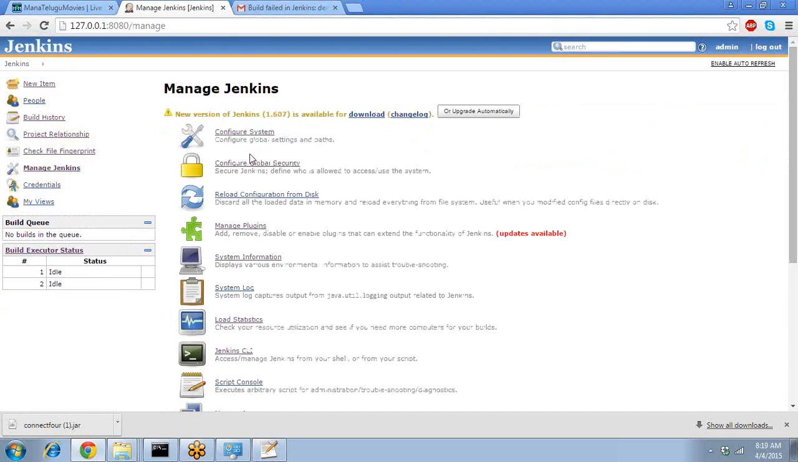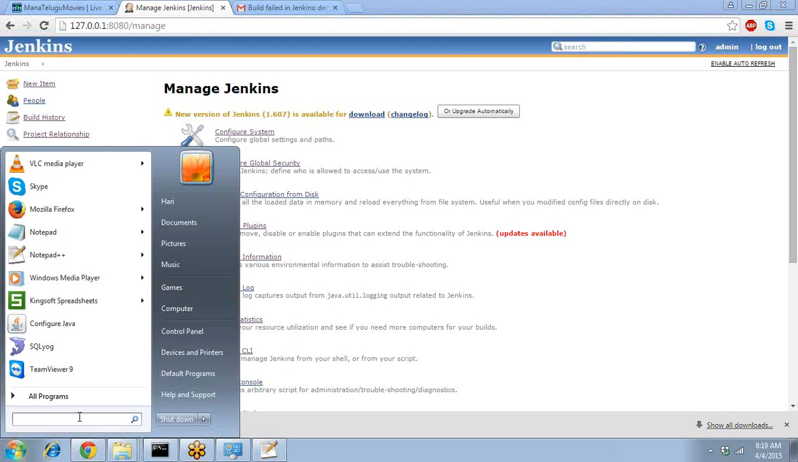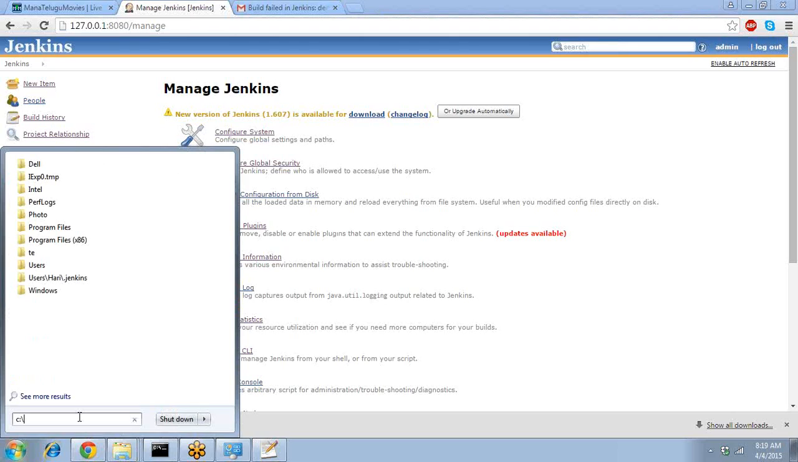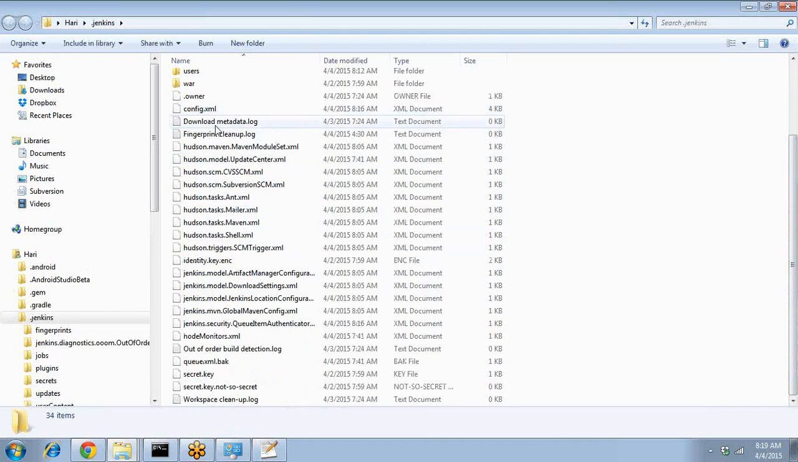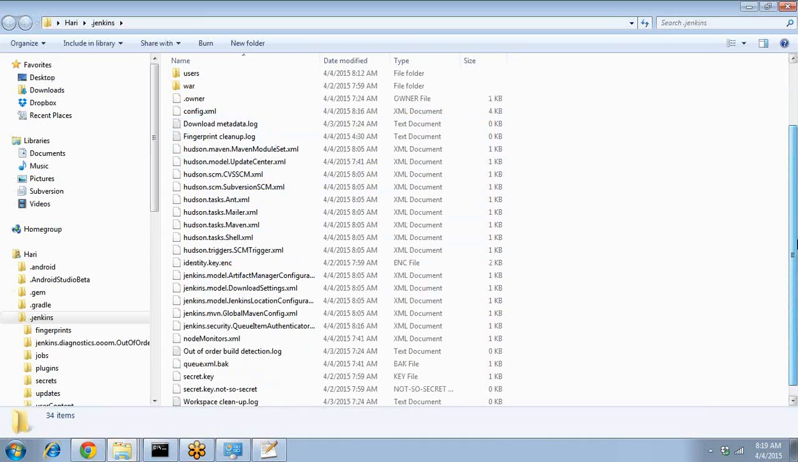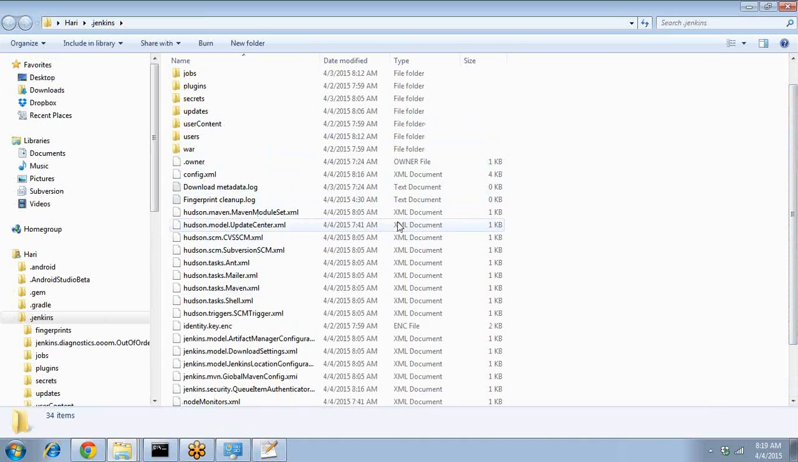So now we'll go back to Jenkins. Reload configuration from disk, this we will not use because suppose if you go to Jenkins home directory, it has all the files that are related to Jenkins. Jenkins will do all its operations from this home directory, all configurations, checkouts, builds, everything will happen from this